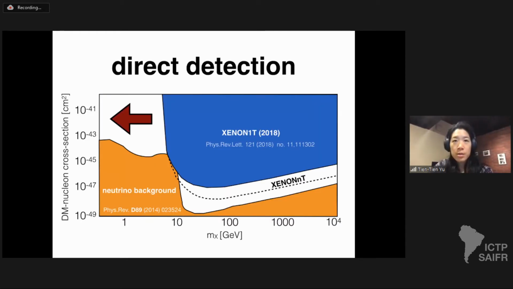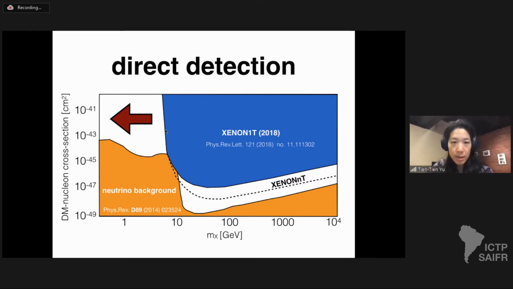Let's go back to this first plot, which was the dark matter nuclear scattering parameter space with the dark matter nucleon cross-section versus dark matter mass. And as I noted, the xenon 1-ton limit and also the other curves that would show up. Of course, this is a very simplified plot. There are other experiments looking for this as well, but all of them have a similar behavior in that they rapidly lose sensitivity once you go below a few GeV in mass.